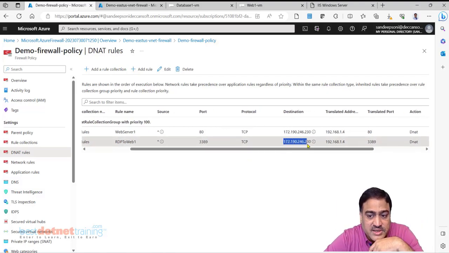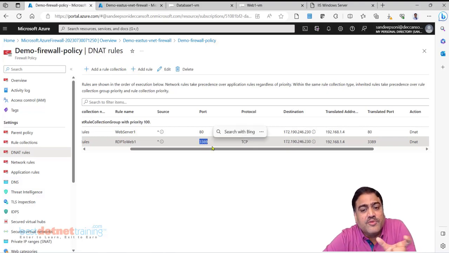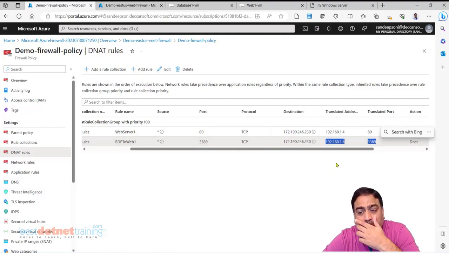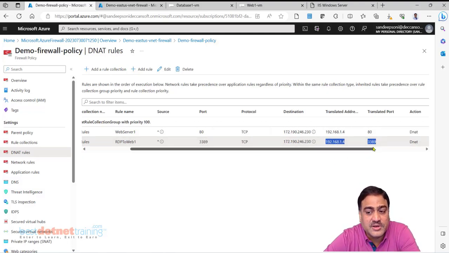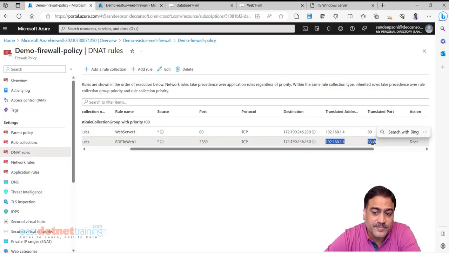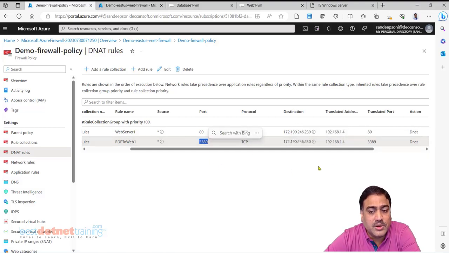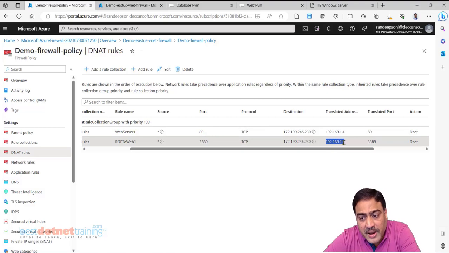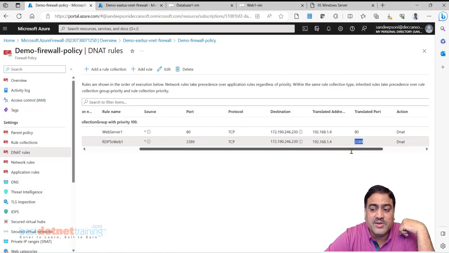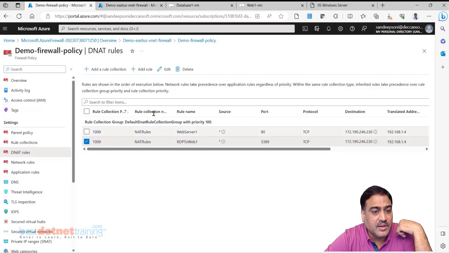You have to change the destination IP and port number combination. You have to make it unique. And this combination can refer to the corresponding translated IP combination. This you keep it as 3389 only. So you can use the same IP for different ports, sent to different backend machines, same port 3389. Keep this 3389 because the VM has RDP listening on only 3389. So that can be an option.